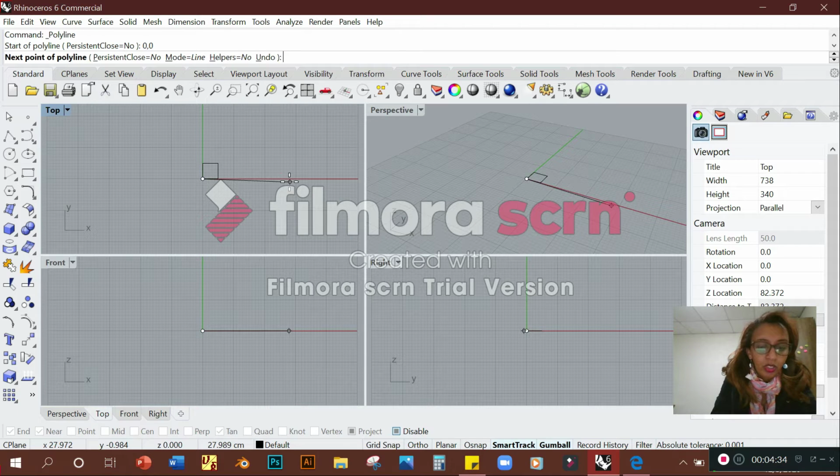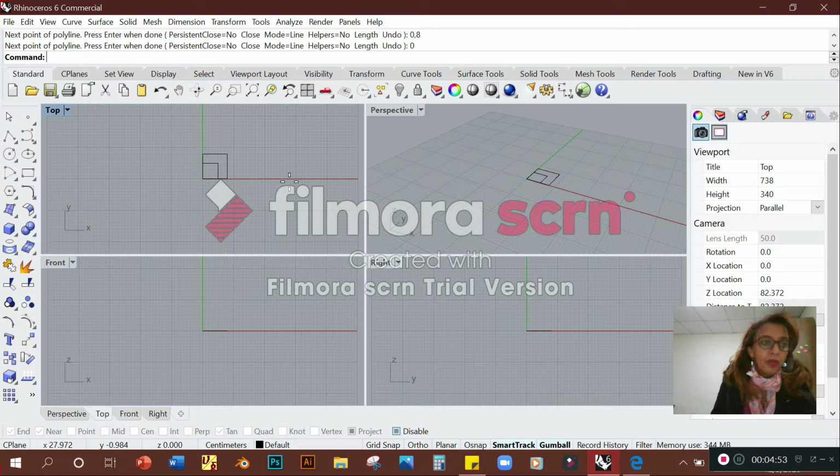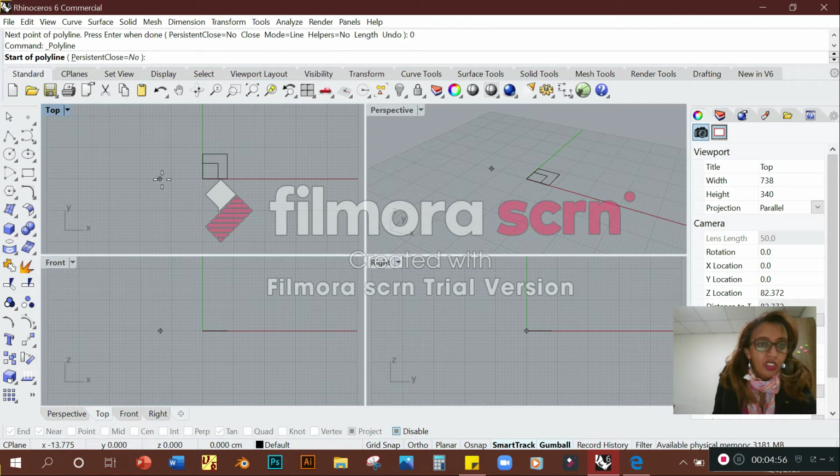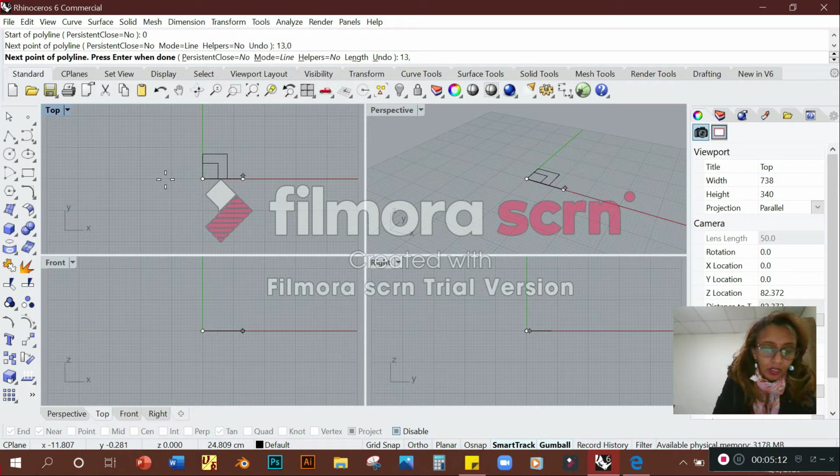Okay, let's make golden section proportion boxes using polyline. You can start with 8, 0, then 8, 8, then 0, 8, and 0. Let's make the same thing with 13 also. 5, 8, and 13. Okay, let's say 13, 0, 13, 13,